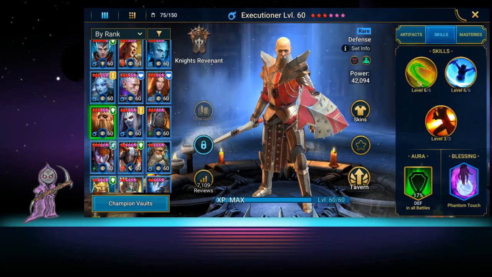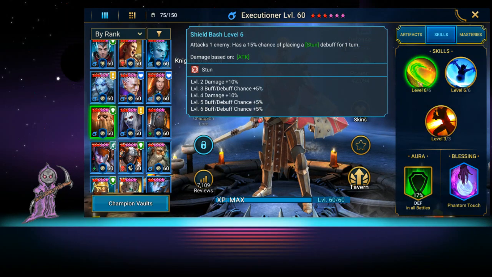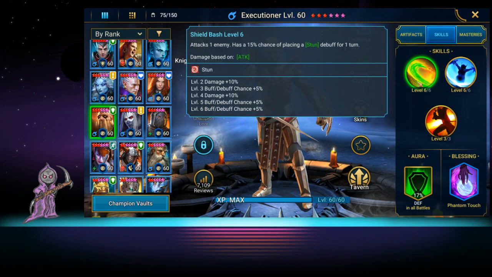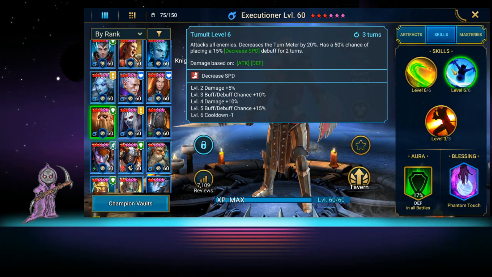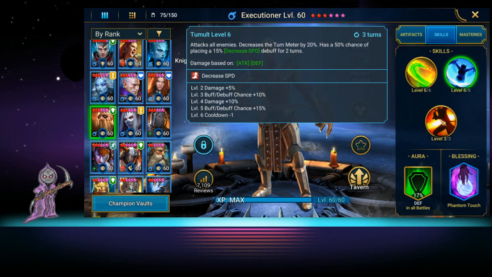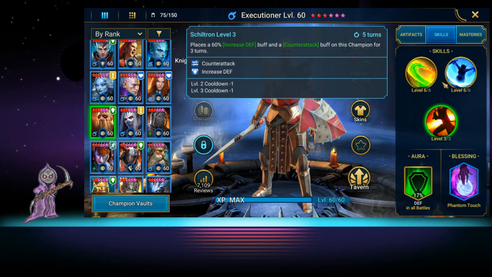So what does he do? Skills. He has an attack on one enemy, with a 15% chance of placing a stun debuff for one turn. He does have an attack on all enemies, decreases the turn meter by 20%, and has a 50% chance of placing a decreased speed debuff for 2 turns, so that's very nice for slowing your enemies down. And then he has a 60% increased defense buff and counterattack buff on this champion for 3 turns, which basically